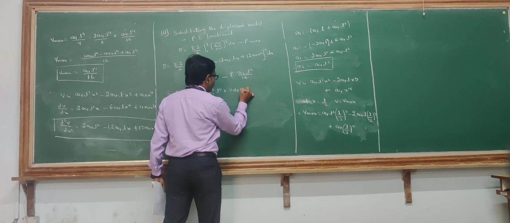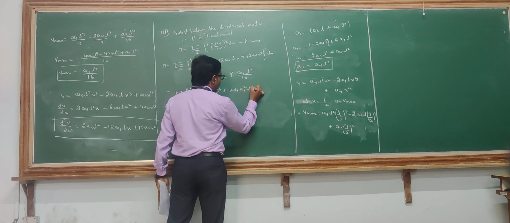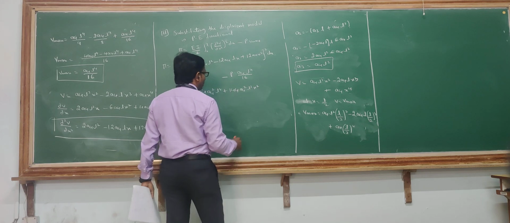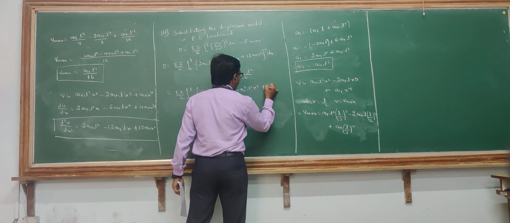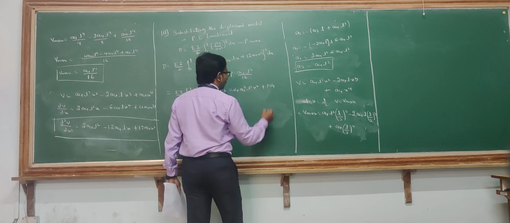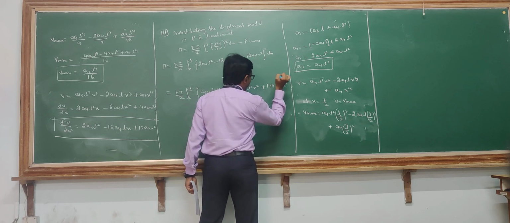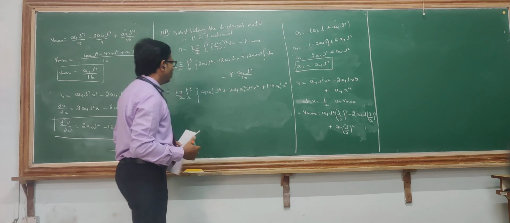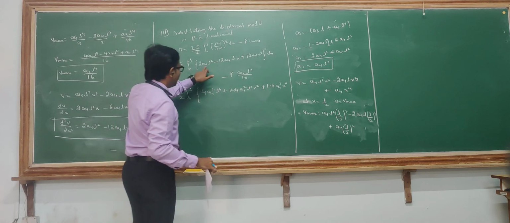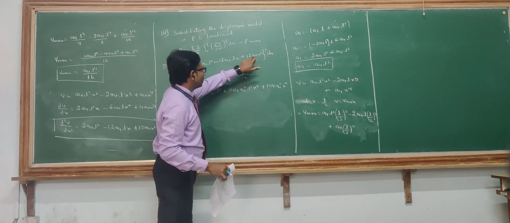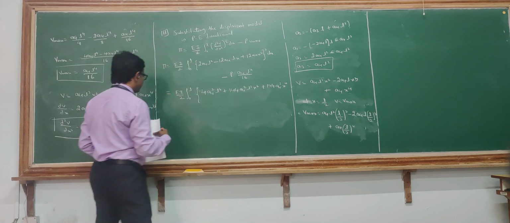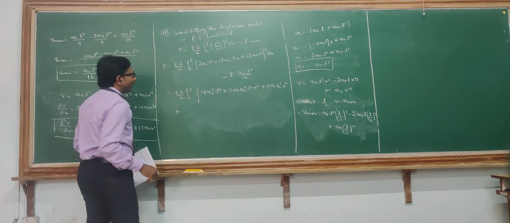a4 square L square x square plus 144 a4 square x raised to 4. X square is there, x raised to 4. What I have done is, I have done a square plus b square plus c square plus 2ab, I have